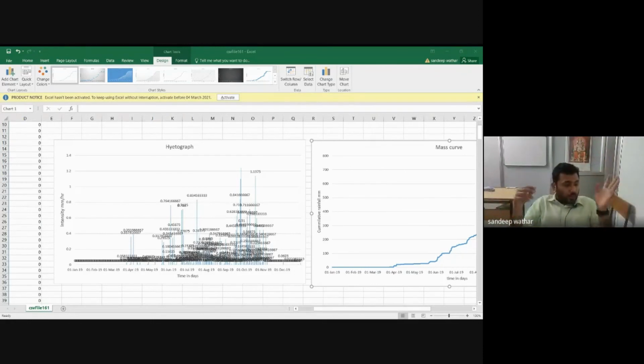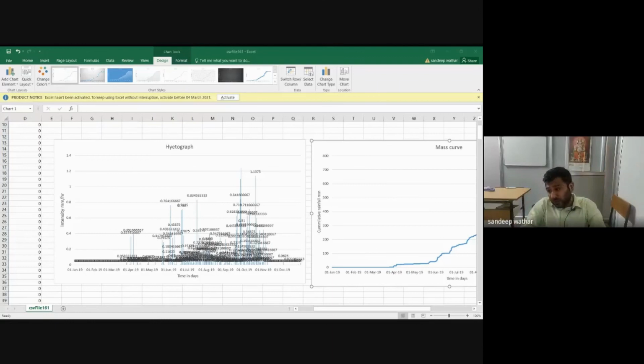Okay, I'll share some question papers in the classroom, so write them as your assignments. You try to solve the problems, or you try to draw the graphs for both masker and hyetograph. It is as simple as I explained earlier. In case of masker, you have to find the column which has cumulative values, and you have to draw the graph with time period on the x-axis.